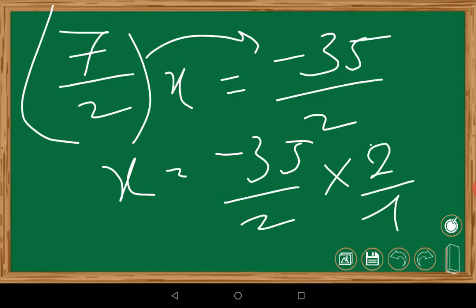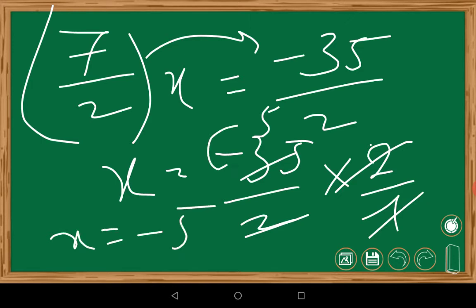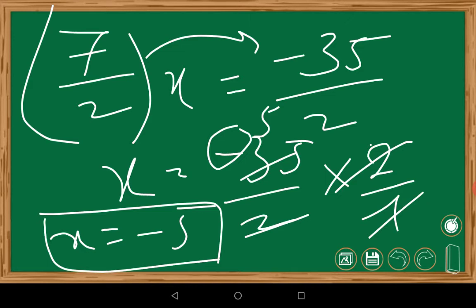Yes. 2 will get cancelled and 7 fives are 35, and therefore our answer is going to be minus 5, because you should remember this sign is also there, right? So there are some tough questions, but when you keep on solving those kind of questions, it becomes easier for you to understand. Okay, in 2.3 also you have questions just like this. You can try it on yourself. It is not that tough.